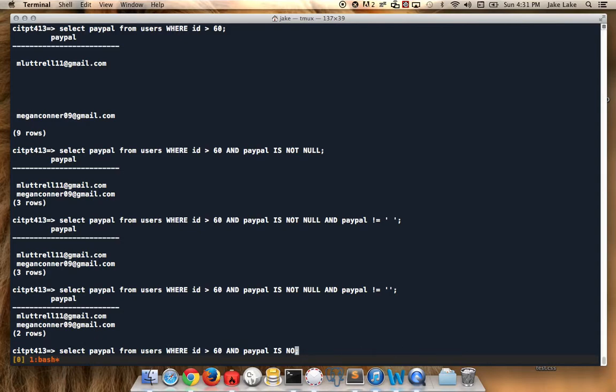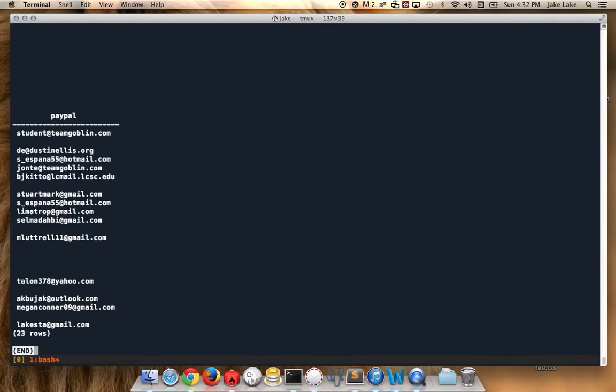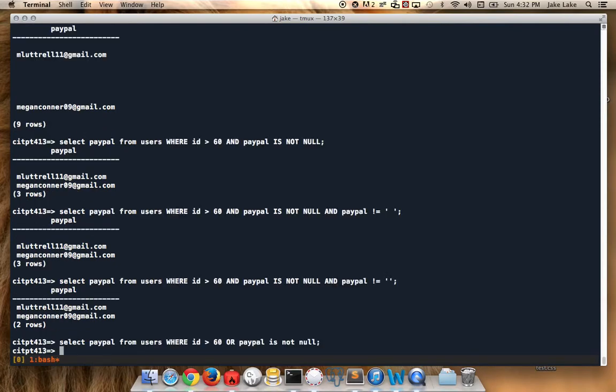We could also use an OR statement. So there's ands, there's ors, there's nots. So select PayPal from users where the ID is greater than 60, or let's say PayPal is not null. So we got some more values there. We could even go a bit further, make this a little more complex,